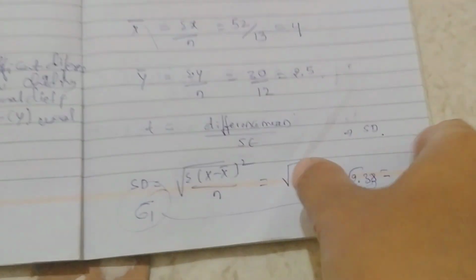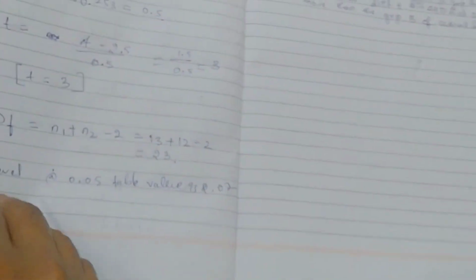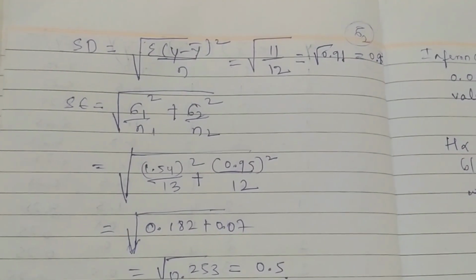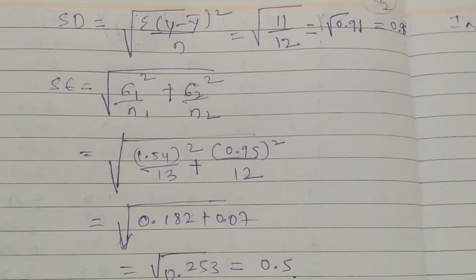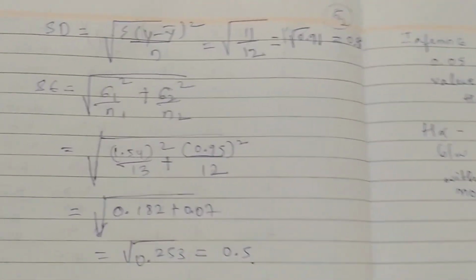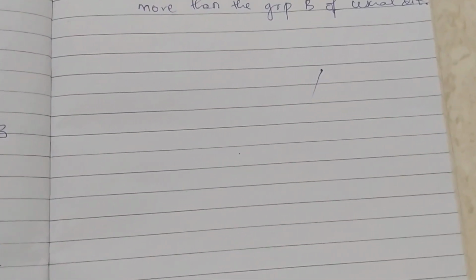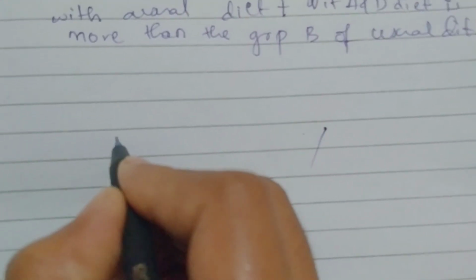After that, finding the standard error, standard deviation. We calculated group A's and group B's separately, then found the standard error after finding out the standard deviation. So I said there is another method of calculating standard error. Another formula for calculating standard error is equal to